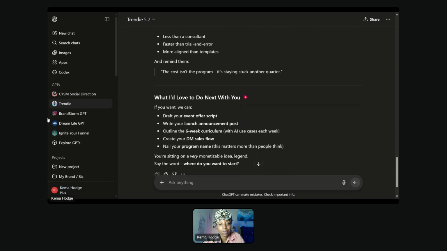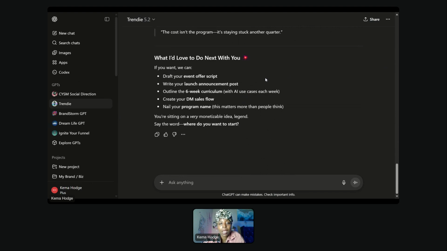Faster than trial and error. Okay, way faster. I can teach you how to build a GPT if you've never created one before. It takes you some time because then you have to test it, and you may not even know how to start it, how to decide what it is you're looking for and what information it needs to give you. So getting people there faster is in line. Okay. So between Trendy and Brainstorm for me, I'm going to give Brainstorm this win.